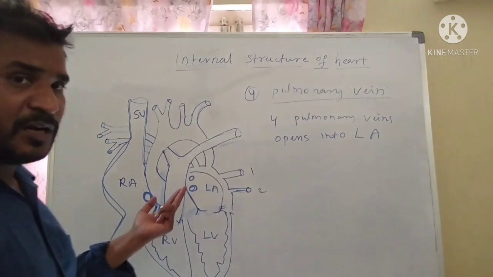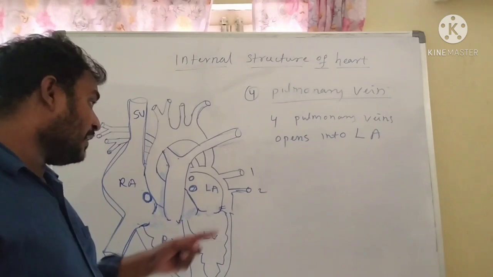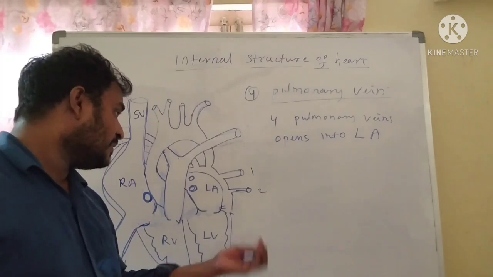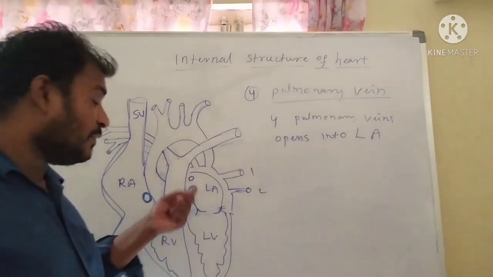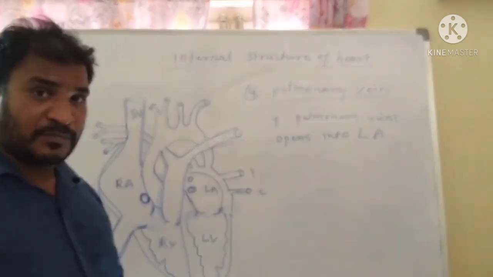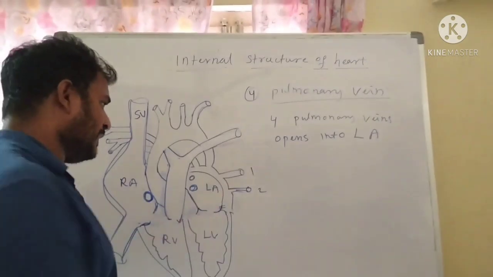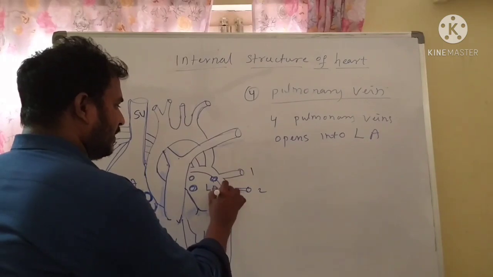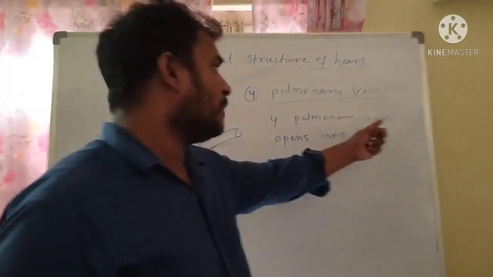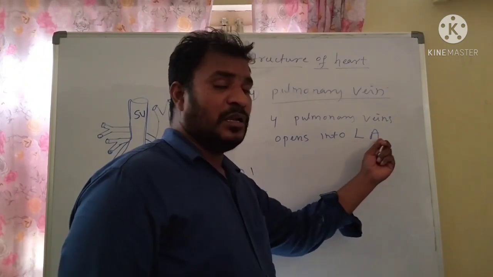That means the blood vessels are not visible here because they open into the left auricle from the back side. So that is why only 2 blood vessels, the 2 branches of the veins, are visible to us, but the other 2 branches are not visible. Only the openings are visible in the internal structure of the heart. These are the 2 openings, here and here. So like that, 4 pulmonary veins open into the left auricle,